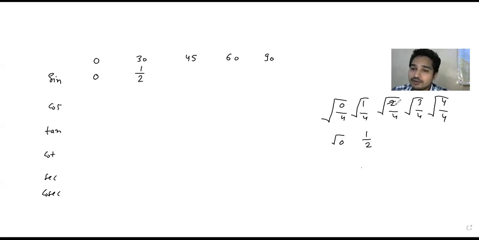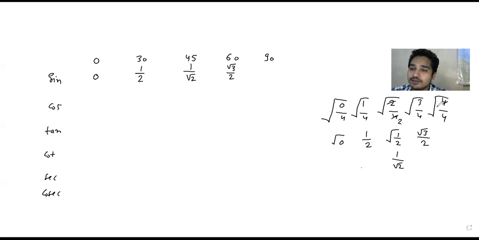Now 2 divided by 2, 4. So you will get 1 by 2 under root 1 by 2. And square root of 1 is 1 and square root of 2 is under root 2. So your value will be 1 by under root 2. Okay. Now under root 3, it is a prime number, so it can't be factorized. You will write here under root 3 and the square root of 4 is 2. So you will get the value of sine 60 is under root 3 by 2.